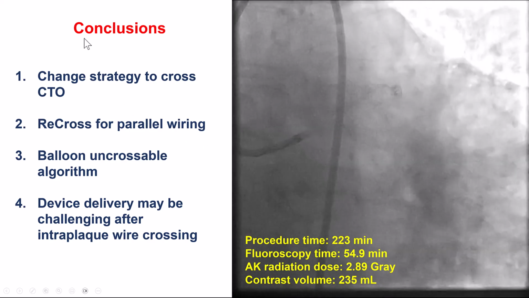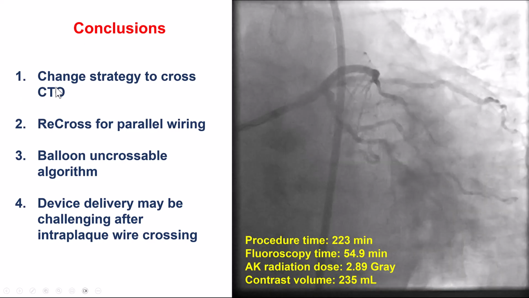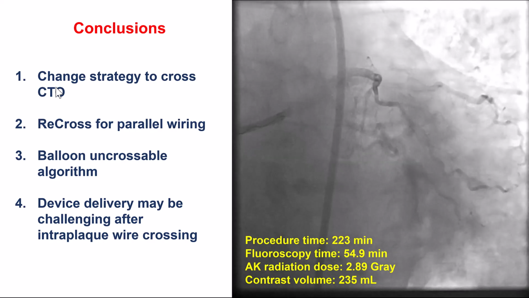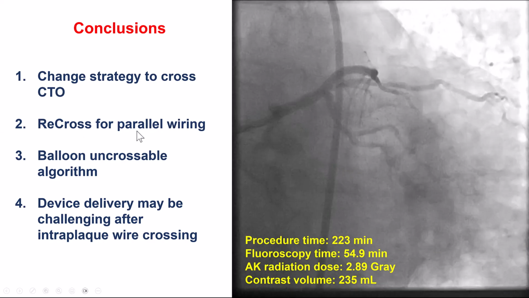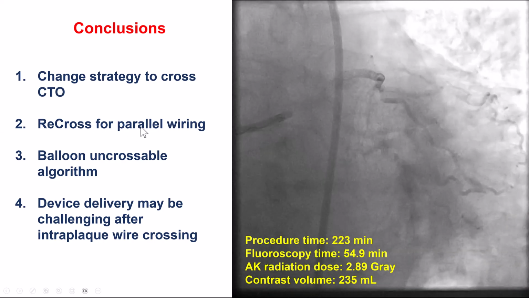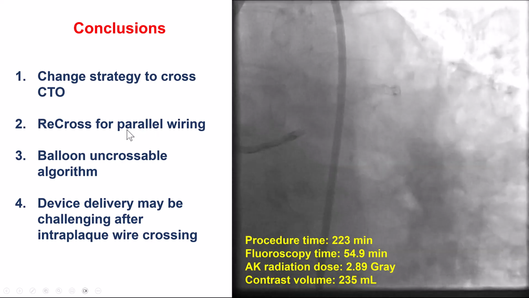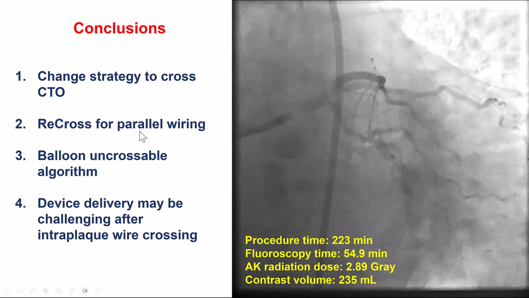Multiple lessons from this case. The first one is the importance of changing strategy. Here we had two major problems. The first one was to cross the CTO. The wire kept on going extraplaque. So the solution to this ended up being using the ReCross dual lumen microcatheter to do parallel wiring with the